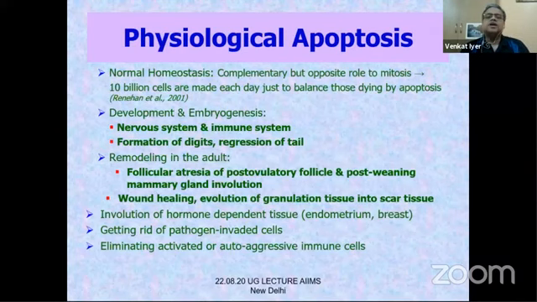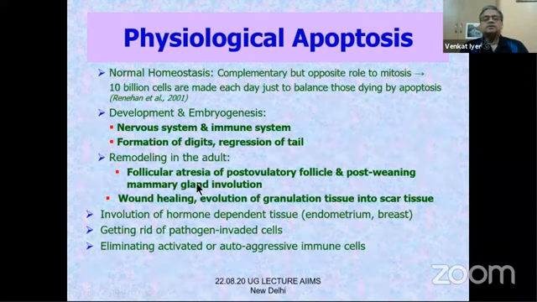Let's now come to where all you get apoptosis. Some are physiological. So it is a part of normal homeostasis, having a complementary but opposite role to mitosis. And as said before, 10 billion cells are made each day just to balance those which are dying out. It's an integral part of development and embryogenesis in the nervous system, immune system, formation of digits, interdigital spaces, regression of the tail. There is remodeling of the adult in things like follicular atresia in the post-ovulatory follicle,